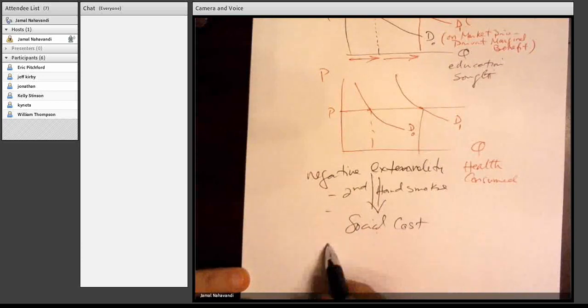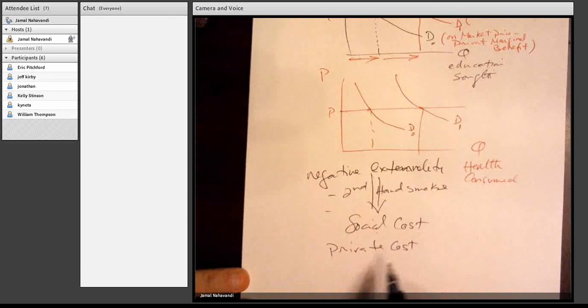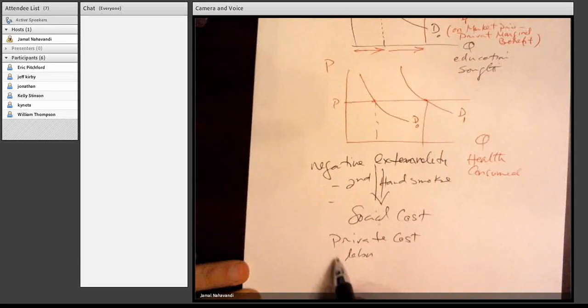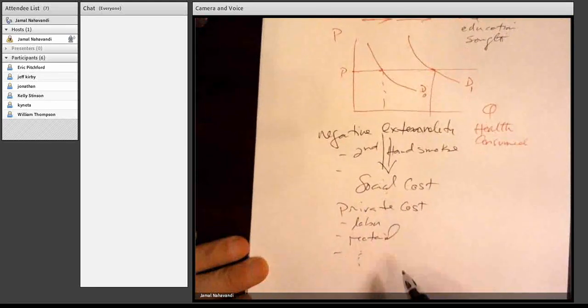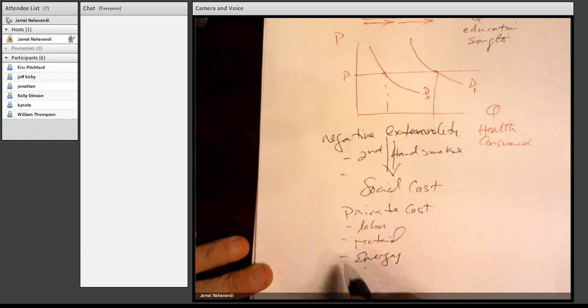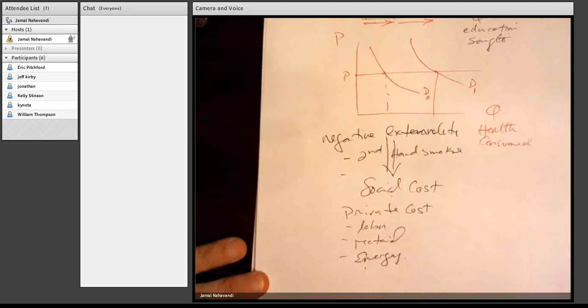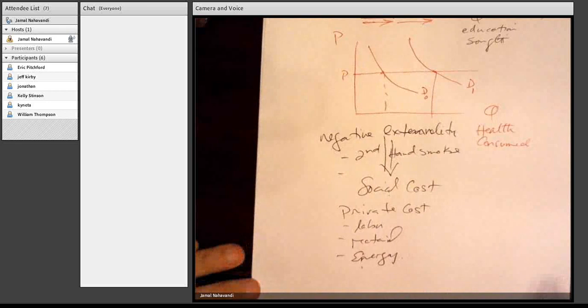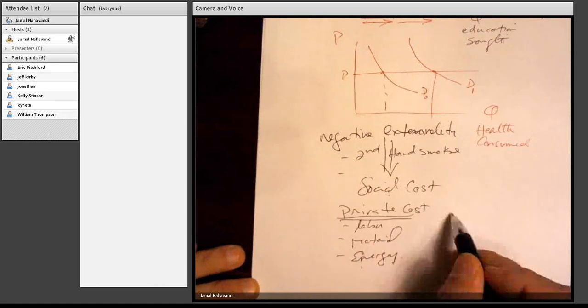Everything you produce has private cost. And what are they? Well, labor, material, etc. You pay, write a check for people you hire, material you buy, energy, etc. And so that adds up when your accountant writes a check for all of these. That's your private cost. And then you mix all these things to produce, let's say, some rubber shoes. Except that when you produce rubber shoes, it pollutes the air. So therefore, often production has private cost, but also has social cost,